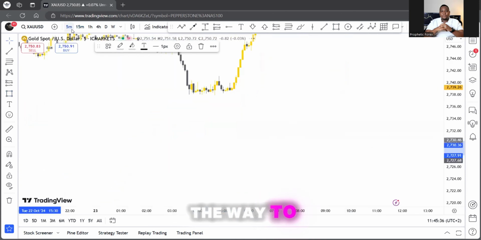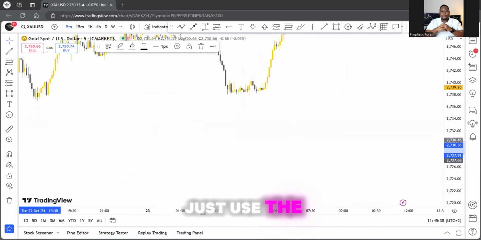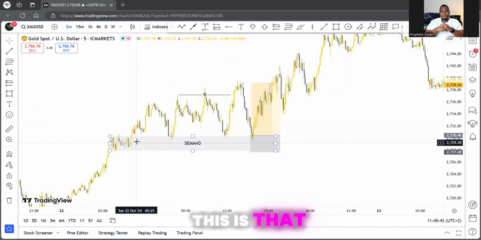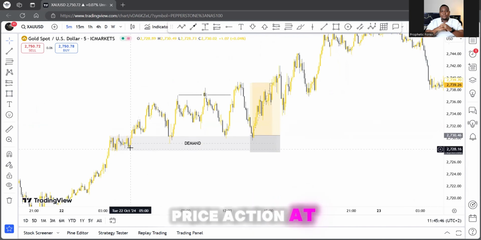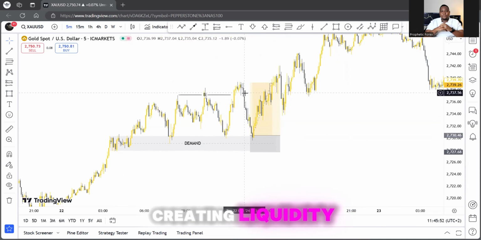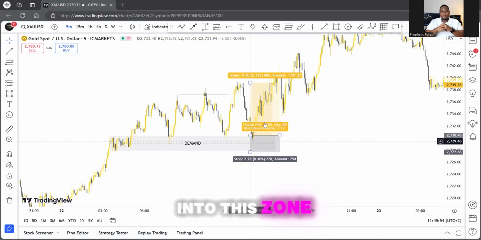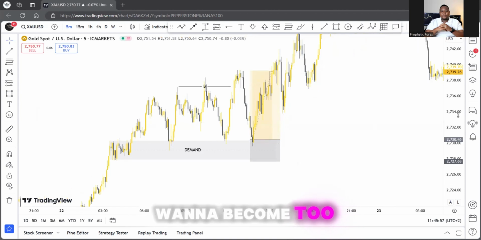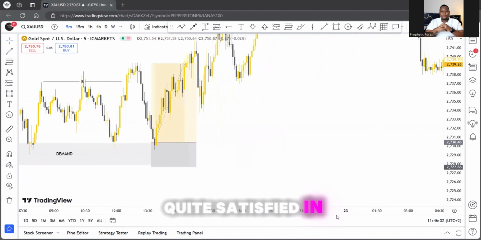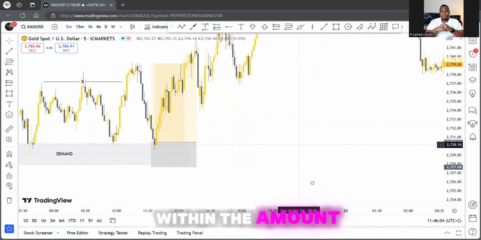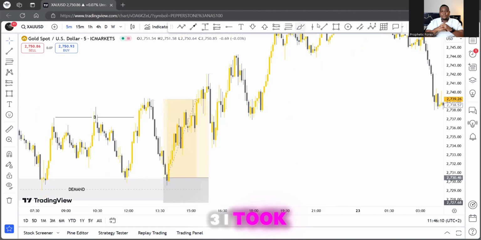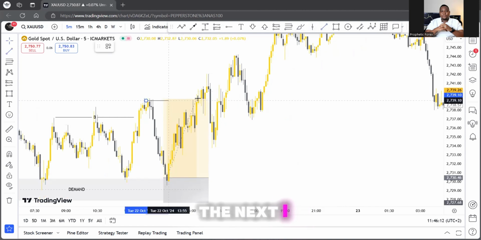Now, I went all the way to the M5 because I usually just use the M5 for my entries. As you can see, this is that last piece of price action that the market used as a higher low, and it was playing around, creating liquidity. The market came into this zone and I pulled the trigger. Now, I didn't want to become too greedy. I was trading the New York Open, so I was quite satisfied with the profits I made within the amount of time that this got into profit. And as you can see, 1:3, I took my profit at the next higher high and was out of the